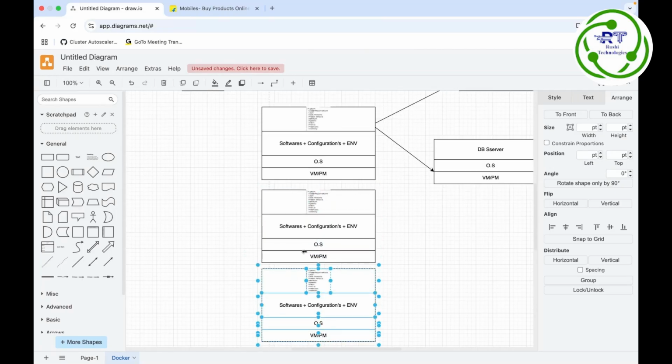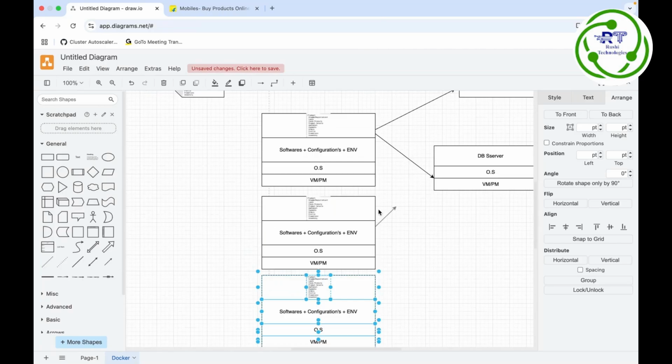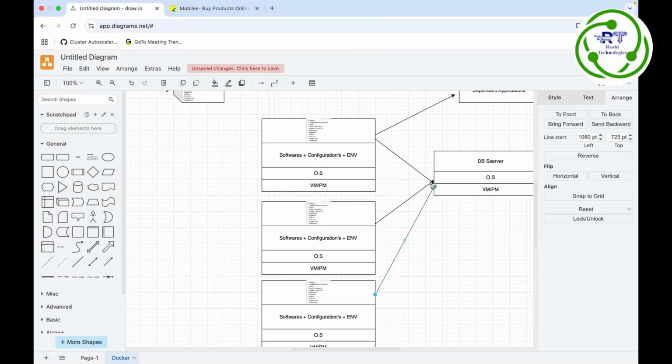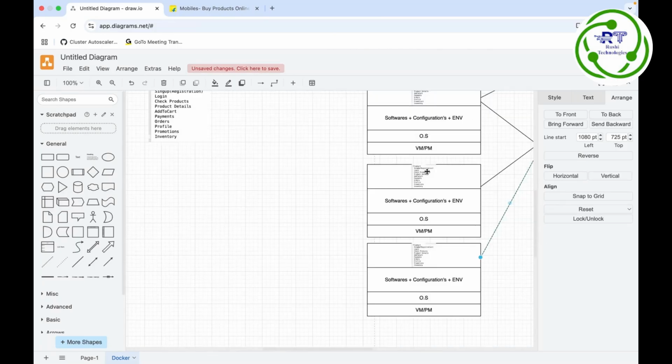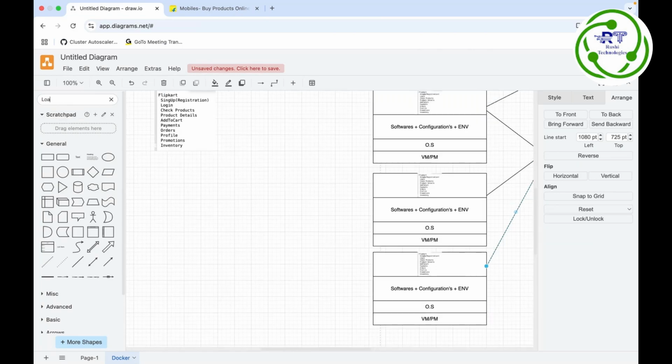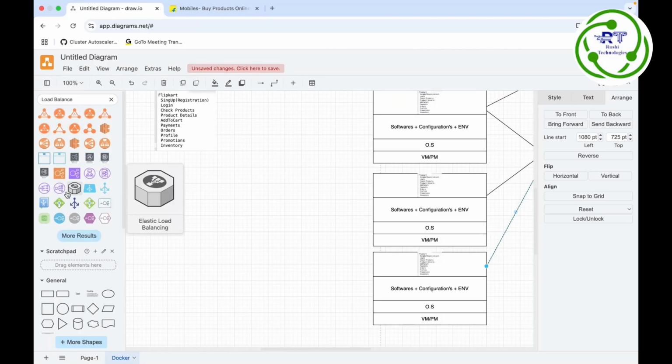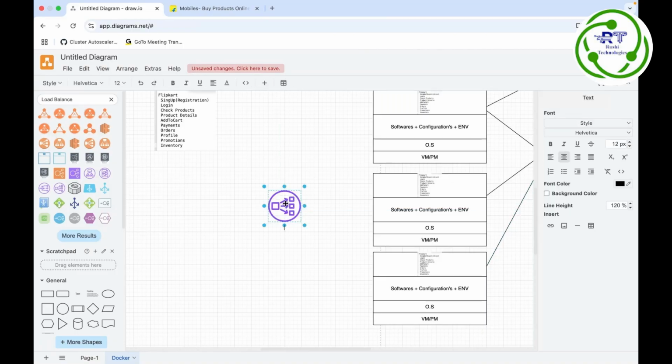and you will bring a reverse proxy to distribute the load. This application will talk to the databases or third-party applications like this. But in front of this, you will bring a reverse proxy or a load balancer. Basically, that can be a hardware load balancer, software load balancer, or a cloud-managed load balancer, based on what you are configuring. So here, this is a load balancer which will distribute the load